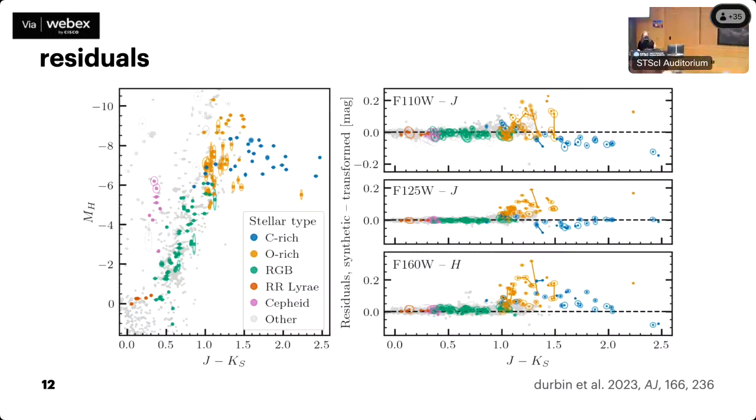And the lines connecting some of the points in these plots are showing the same stars observed at different phase points in their variability. So what I think is going on here is the relative strength of the molecular features is changing as they change temperature in the pulsation cycle. So like even within a single star, they're not consistent in how they scatter off of the nominal color relations. And these residuals are all on the 10th of a mag level instead of a 100th of a mag level.